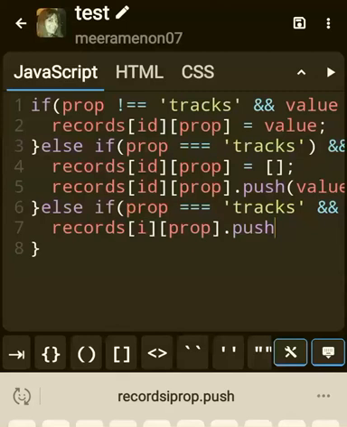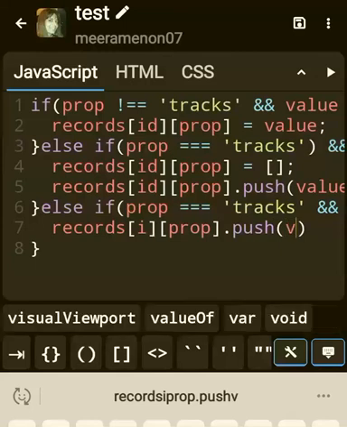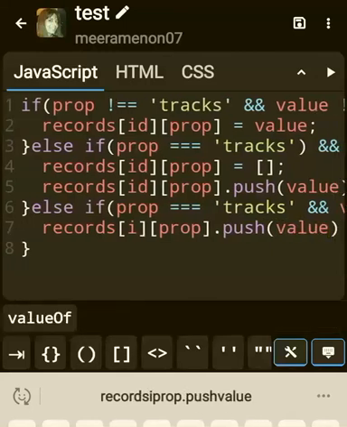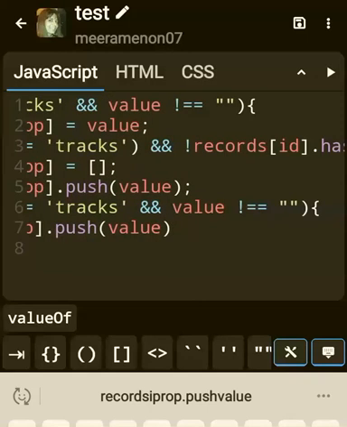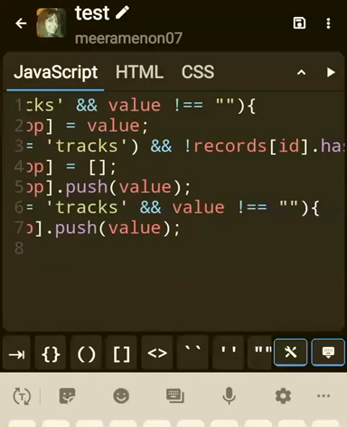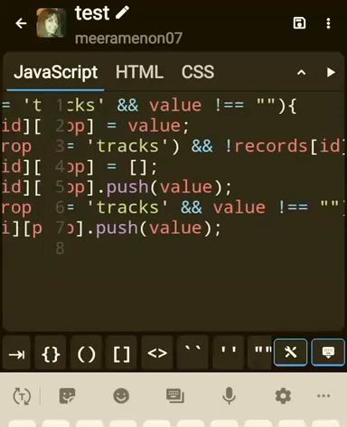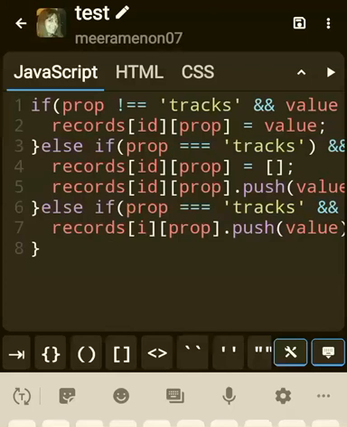When you remember in push, whenever you're pushing, you're adding the value to the end of the array. We've already done this in the push chapter, the push method. Yeah, so dot push value. This is clearly mentioned, add it to the end of the album's existing tracks array. So first you access it through the ID and prop, records ID prop dot push, then the value. That's it.